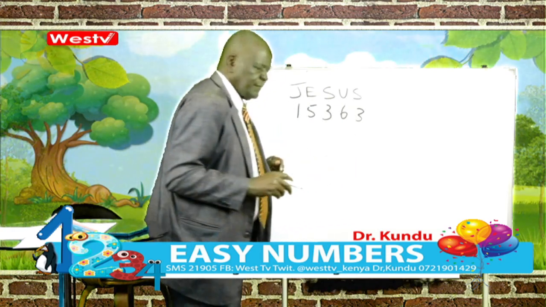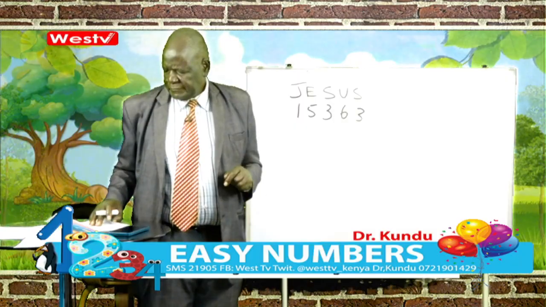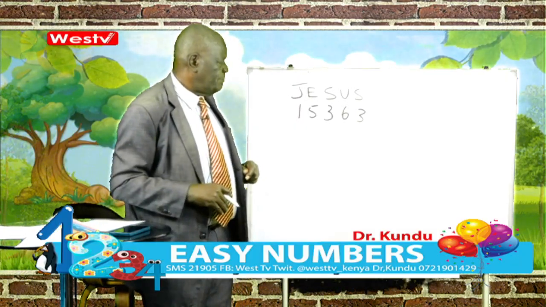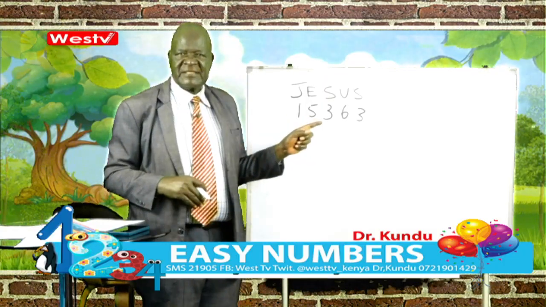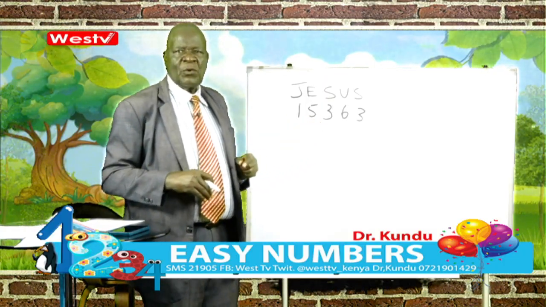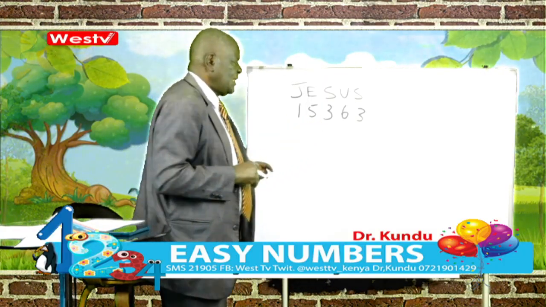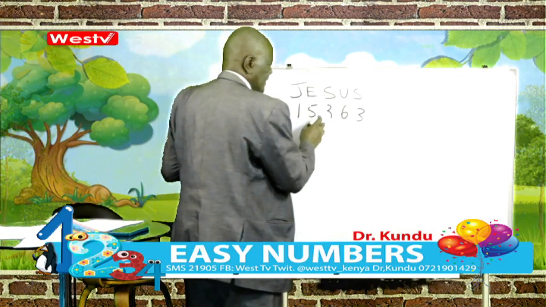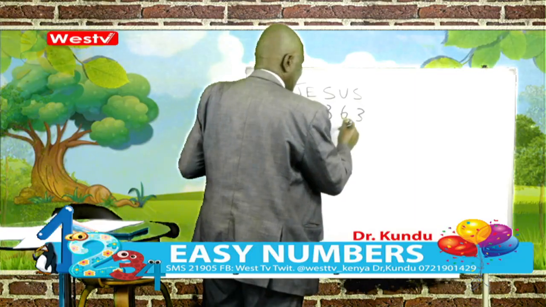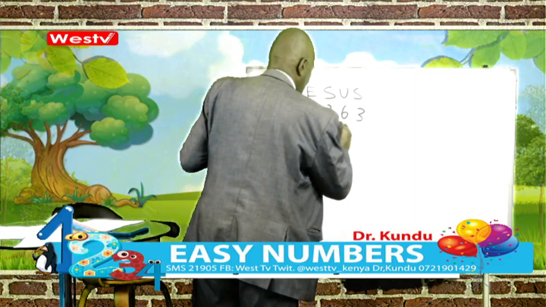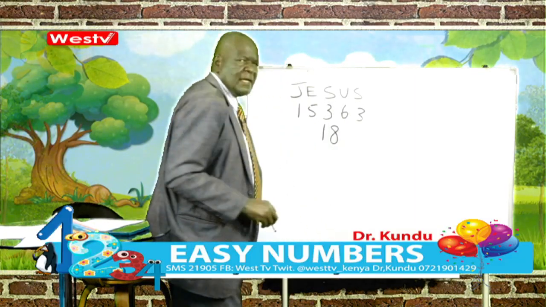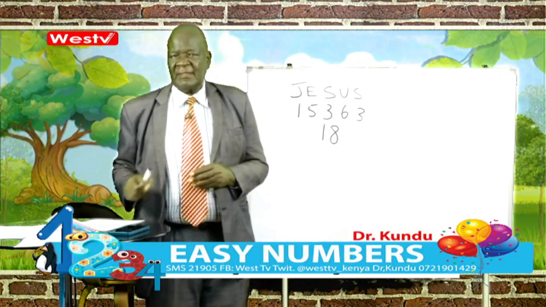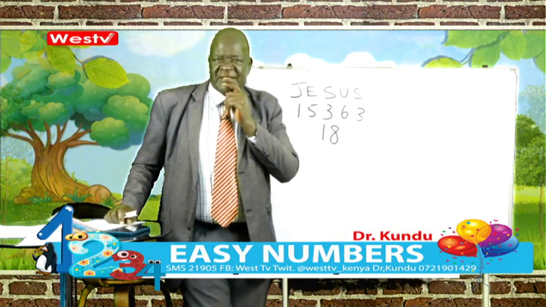So the name Jesus being 15363 will be calculated to end up at 6, 9, 15, 18. So this name is compound 18. So compound 18,